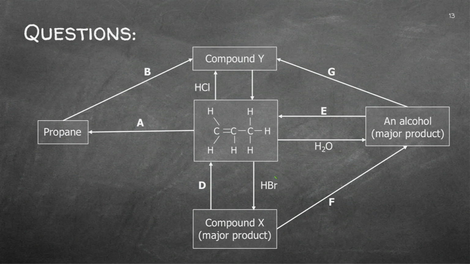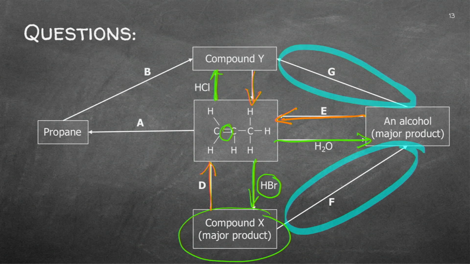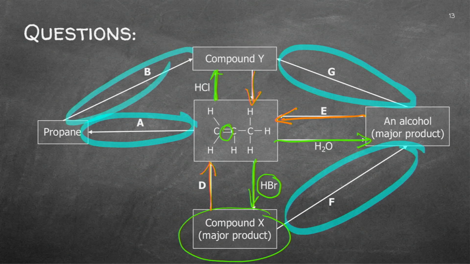Can you see here? I'm adding the HBr, so I'm actually going that way. Can you see? That's the alkene. So that will be the addition as well as the addition. If I go back, this is elimination, that is elimination, and that is elimination. And all the rest will be the substitution. So see here, and there, as well as that, and that. Although that one I think is the double bond to the single bond, so that will also be addition.